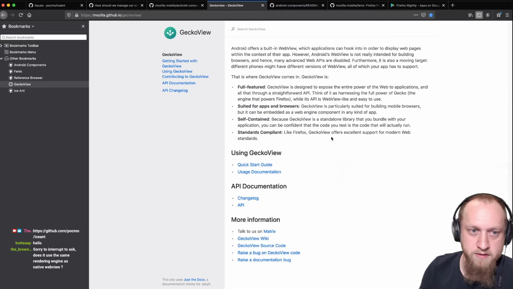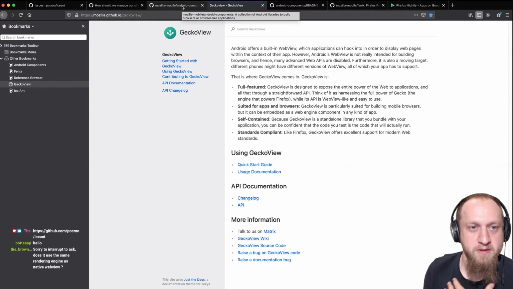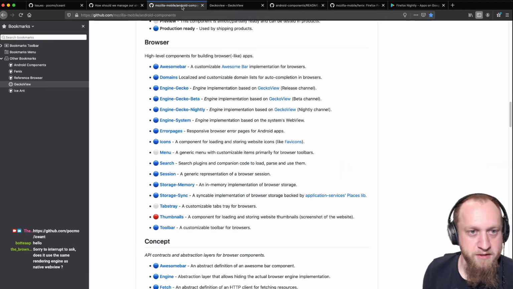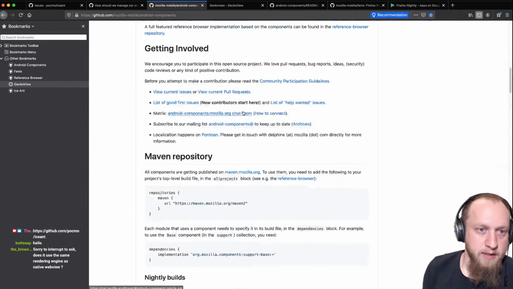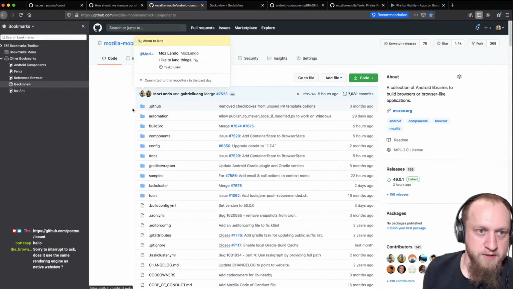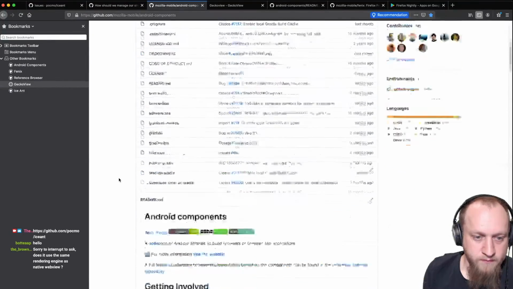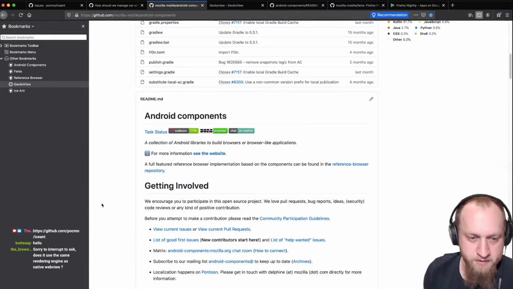So GeckoView does not have those requirements. You can use the runtime independently from any views or activities or fragments being on the screen right now. And then this Android Components project from Mozilla has a wrapper around this,